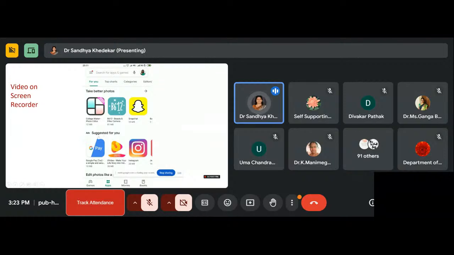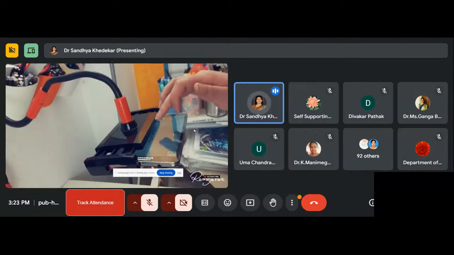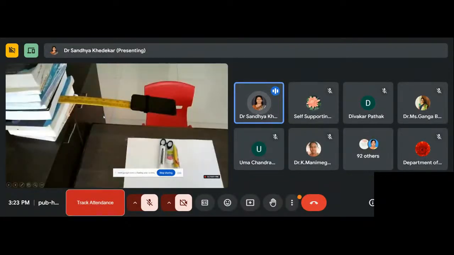So these are some of the examples. Some tabletop recording we can also do with mobile. As you can see on the screen, these kinds of gadgets are available, like a mobile holder, as we use in a car for the GPS system or for holding the mobile. These kinds of stands are used with the help of this. How can we do this if we don't have any gadget? This kind of Indian jugaad we can do,